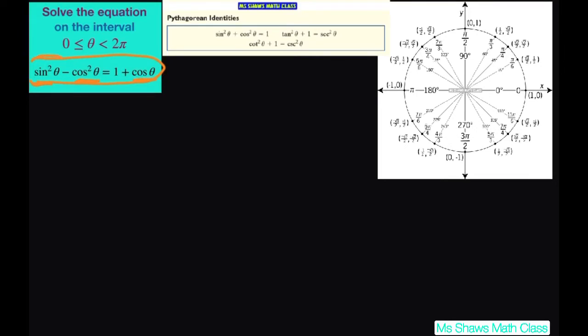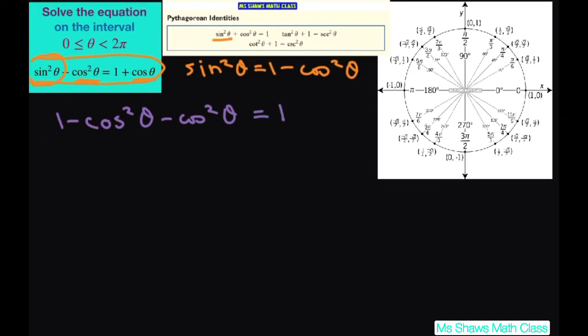So I want to change this sine squared to equal 1 minus cosine squared, so that way I have everything in terms of cosine. So I'll write this as 1 minus cosine squared. Then we still had minus cosine squared theta equals 1 plus cosine theta. What we're going to do is go ahead and simplify this as 1 minus 2 cosine squared of theta equals